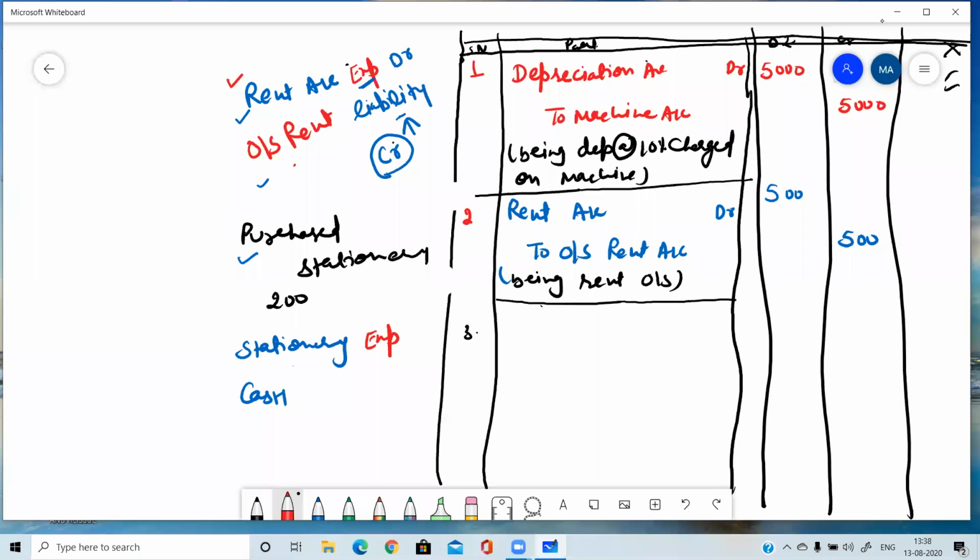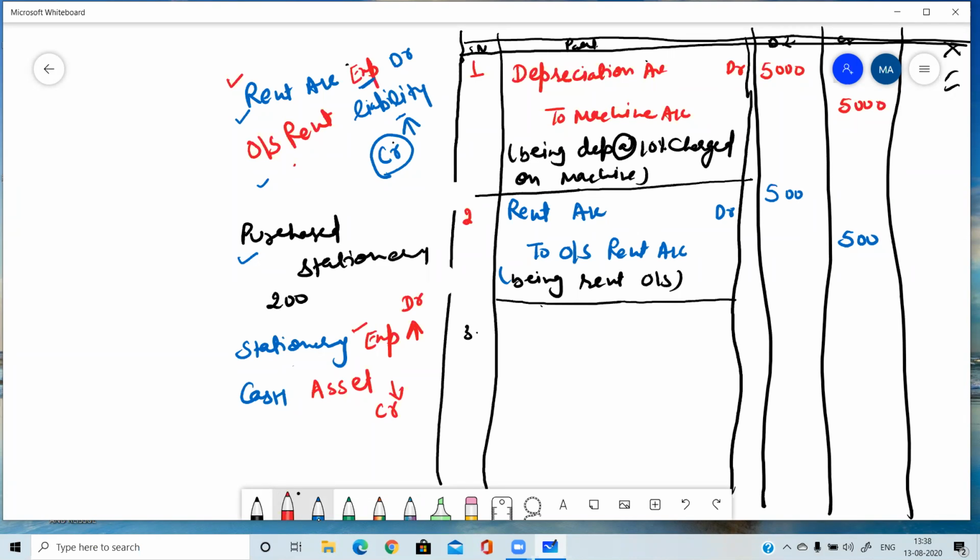It is an expense because you are purchasing stationery, then next month again you have to purchase stationery. It is a consumable, and all consumables are part of expenses. So stationery is one account and cash is the other account. The nature of cash is that it is an asset. Expense is increasing, and as you are making payment of cash, it is decreased. So whenever expenses are increased, it is debited, and when assets are decreased, it is credited.